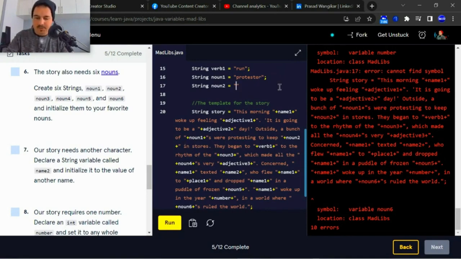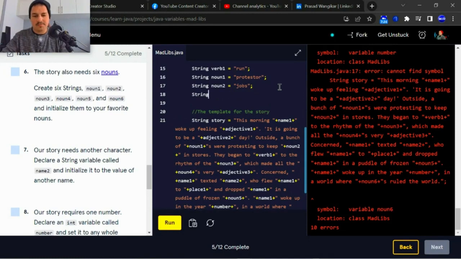And then on two were protesting to keep jobs in stores. On two, on three. In stores, they began to run to the rhythm of the